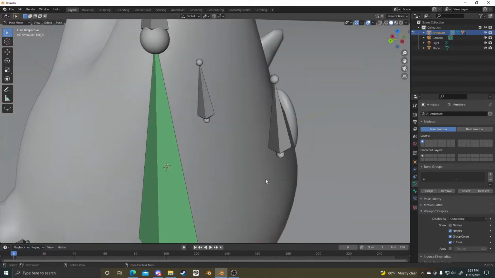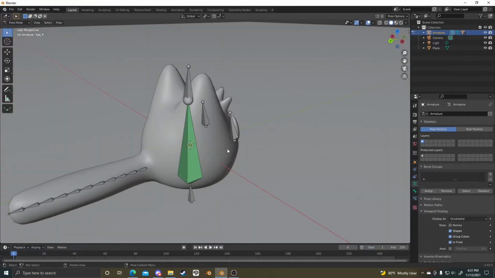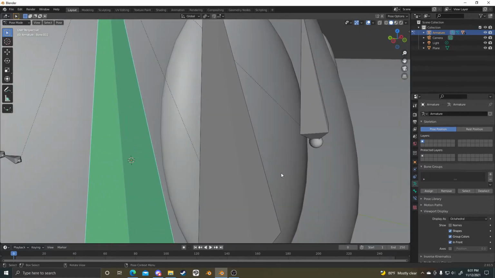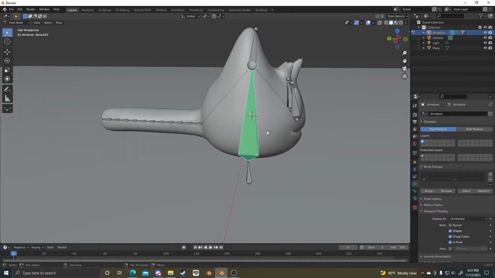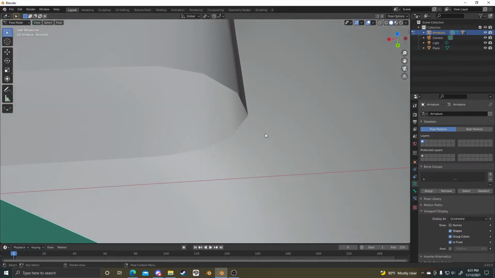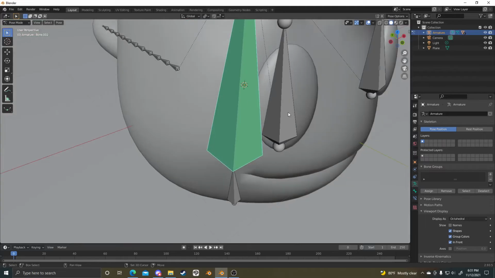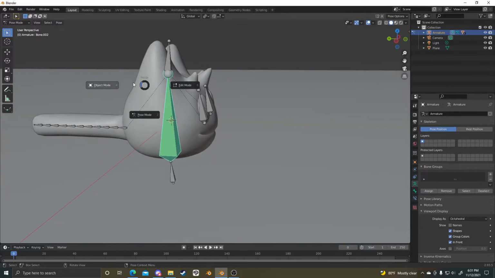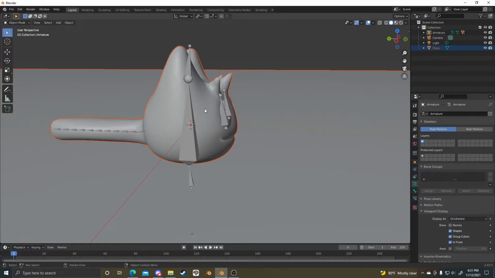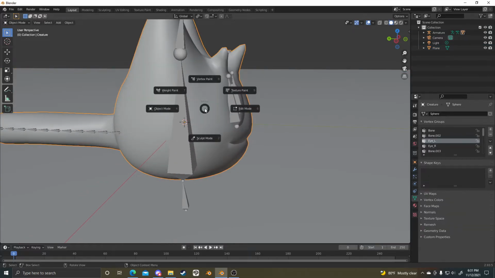I guess just go into weight paint mode. So we'll do some light weight painting. So make sure go into pose mode, select the bone that you want to edit the weights for, which would be this middle bone for this instance. I want to make sure to add that onto the mouth so that it moves properly. So pose mode, select the bone, go straight into object mode, select the mesh, and then go into